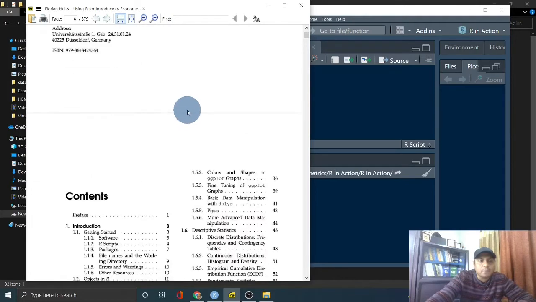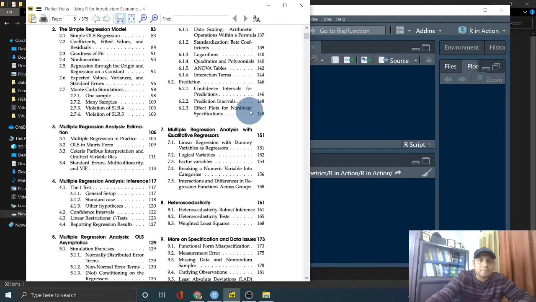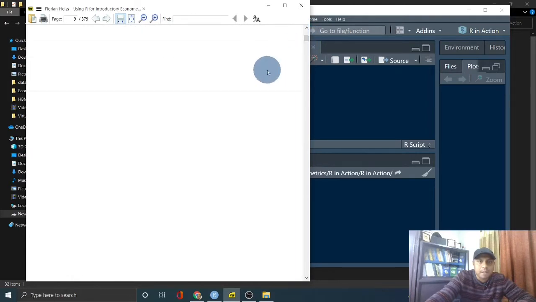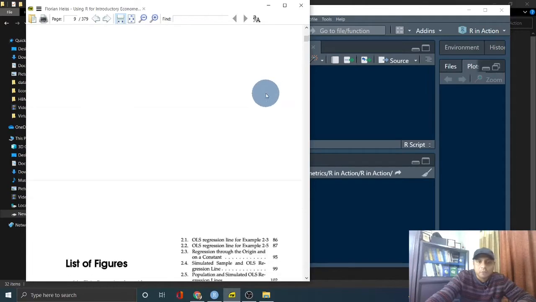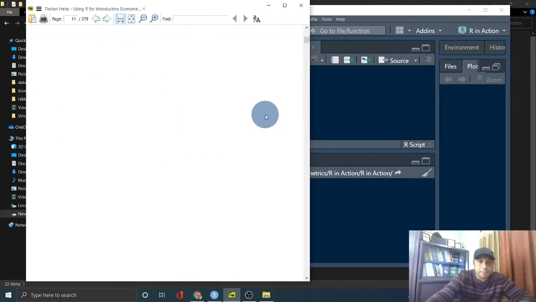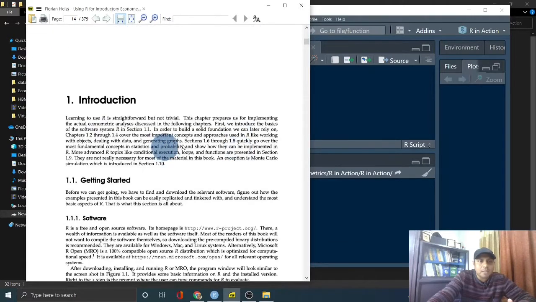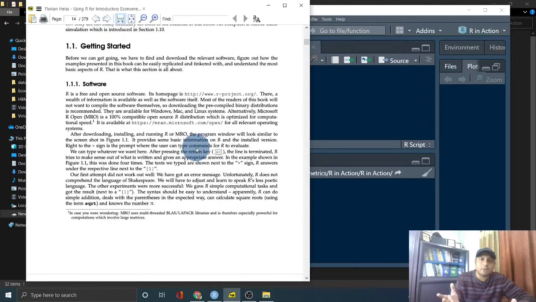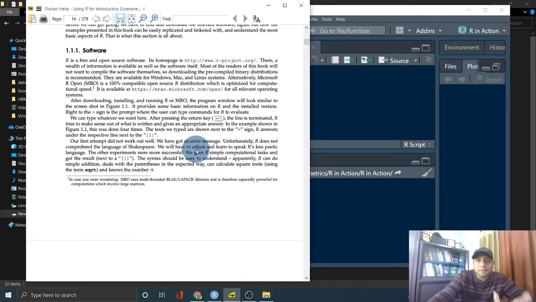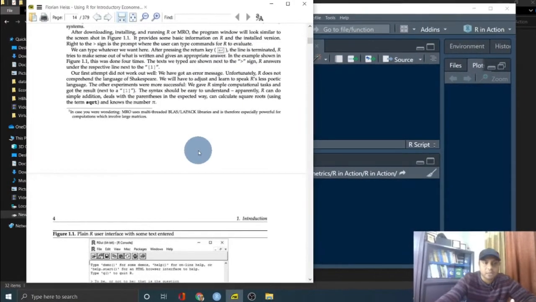So starting from the very basics, the getting started part, if you go to that particular part, you will find that it starts from the very beginning of the chapter. If I scroll down, you will see that the introduction is talking about the software itself. R is an open programming language, you know that, and it's open free software for data analysis purposes, which we as academics use in our day-to-day life.